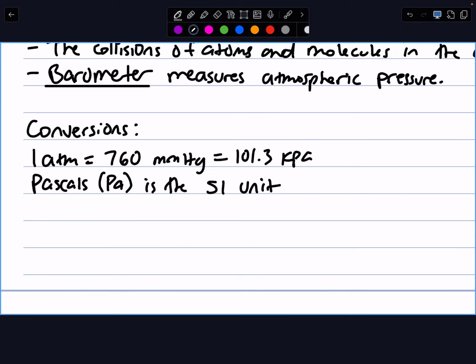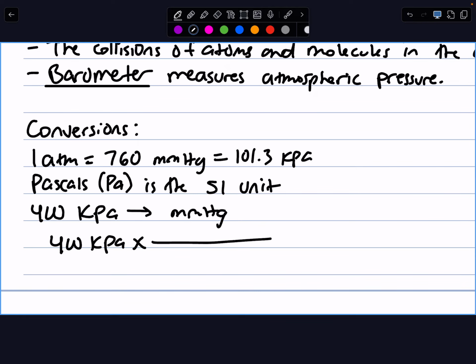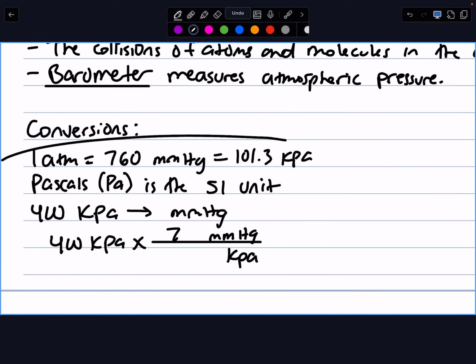So if I have 400 kilopascals and I want millimeters of mercury, how would I do that? I multiply by what I'm looking for, 760 mmHg, on the top. And then on the bottom is 101.3 kilopascals. I get those units from my conversion up here. When I do the math here, I end up getting